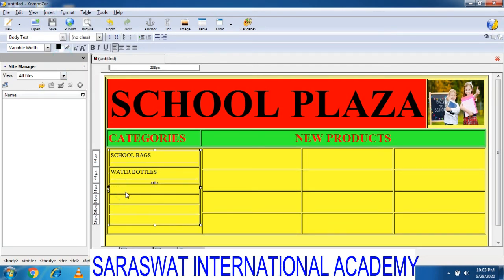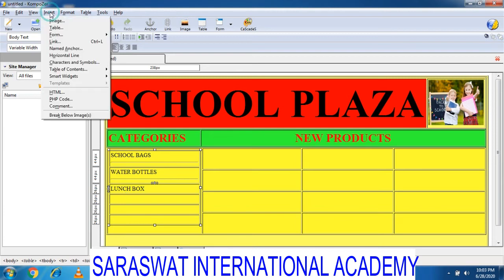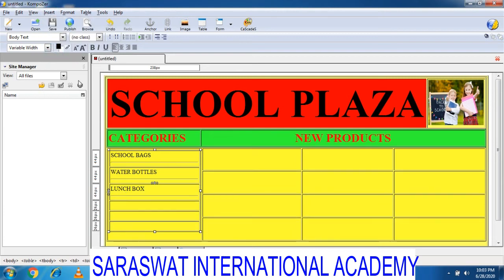Okay, after that the next option is lunch box, so here I am writing lunch box. After that, I want one more horizontal line here. After that, compass box, so here I am writing compass box. After that, one more horizontal line I have to add.